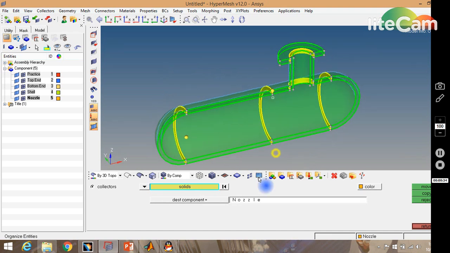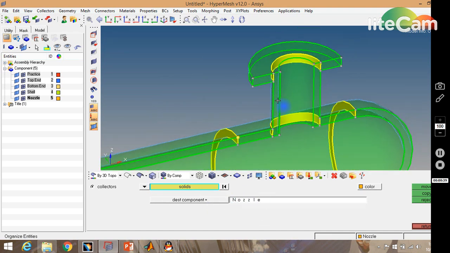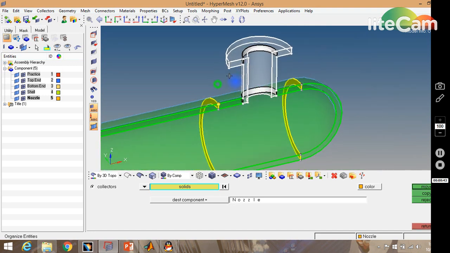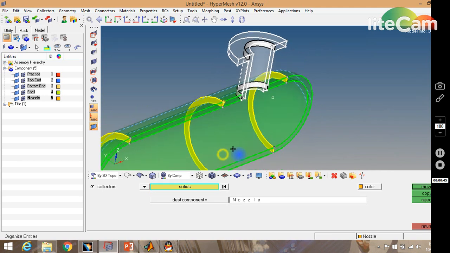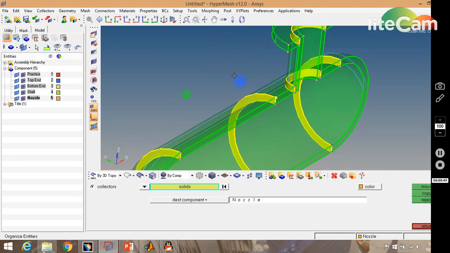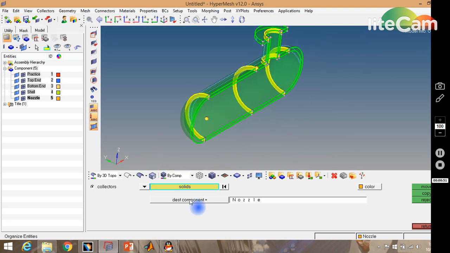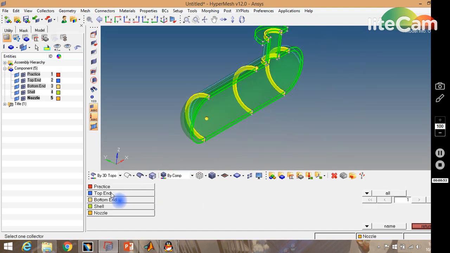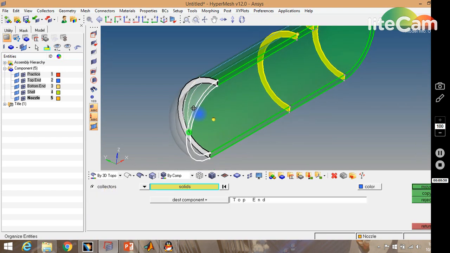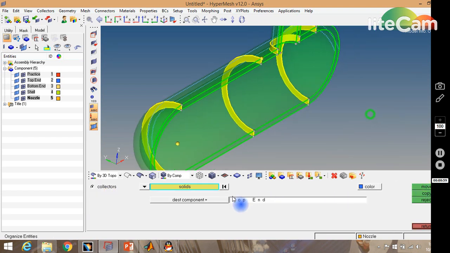Now the destination component here is nozzle. So first of all, let's select nozzle, solid, this one and this one. These are the parts of the nozzle, so that's why I want them in the component named nozzle. Good. Now let's change this destination component to top end. I want this solid to be in the component named top end, and similarly I want this